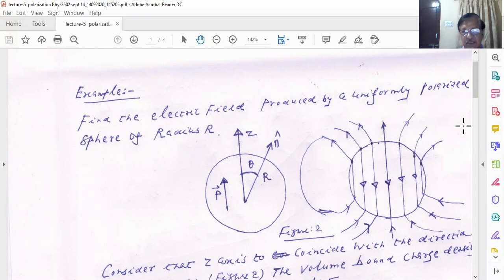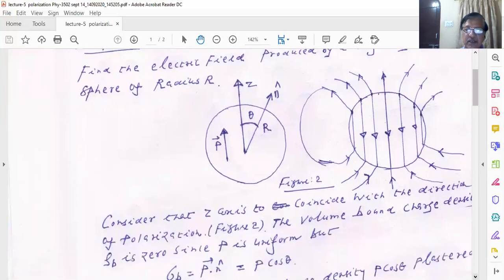You may consider a dipole placed along the z-axis with its center coinciding with the origin of the coordinate system. The field of this dipole will represent the field of a uniformly polarized sphere of radius R, and this field holds outside the surface of the sphere. This we will discuss; I will show you this. So in this problem, you see how to solve.